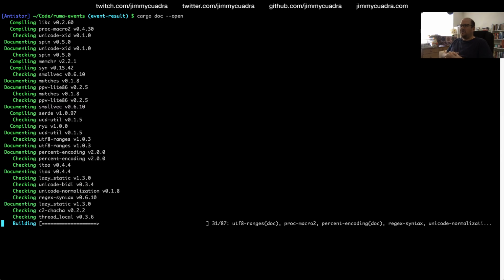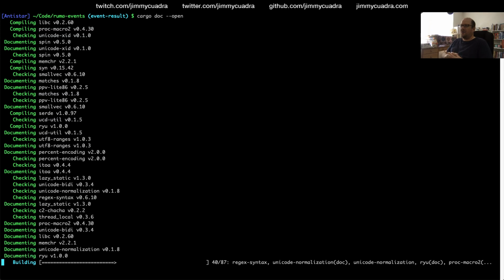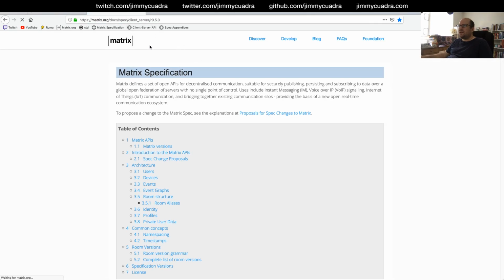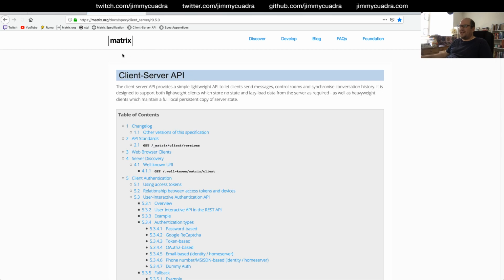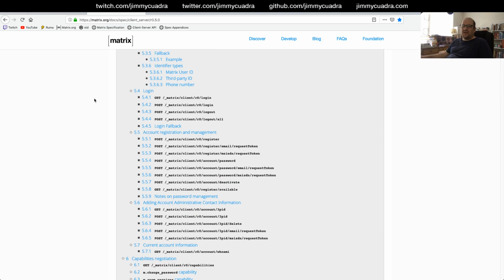We're working on revising ruma-events, and ruma-events is the library component of Ruma where all of the events in the matrix specification are defined. Where an event, let's see, go client server API. So an event is what all the data in matrix is. A message in a chat room, an invitation to a chat room, someone joining a chat room, the title of the room changing, the topic of the room changing, all of these things are represented as events in a sort of timeline of events.